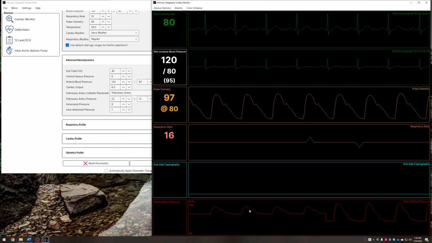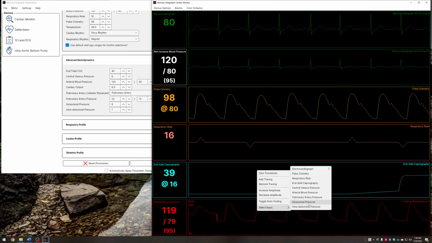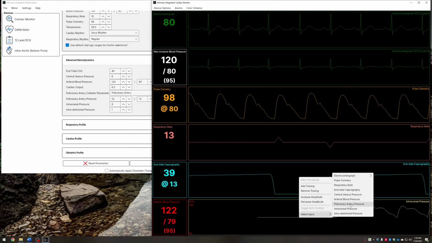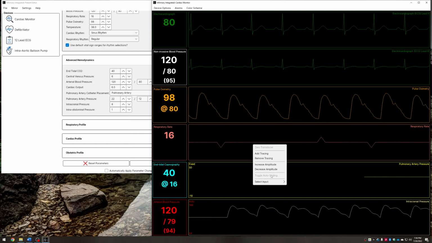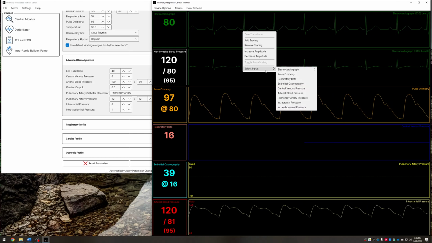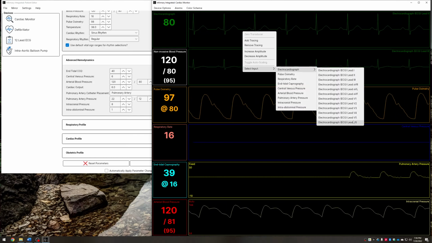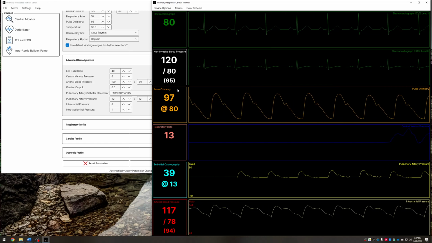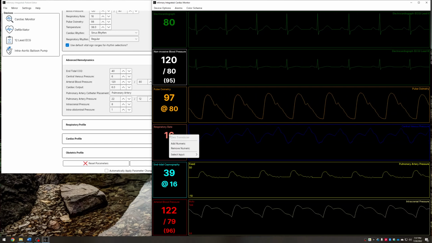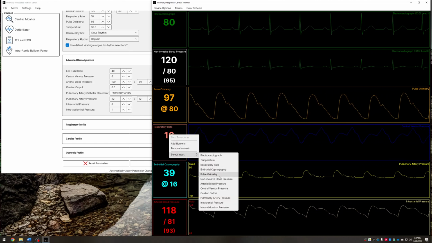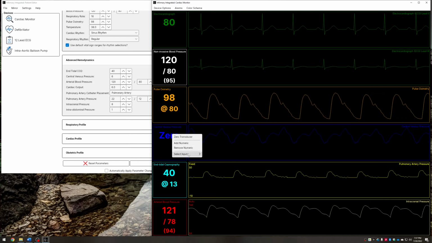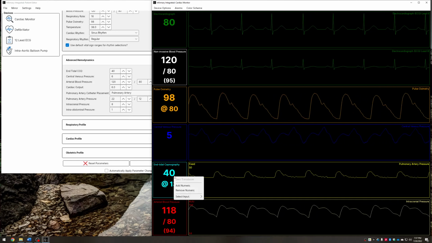But there are tracings for intracranial pressure and pulmonary artery pressure and intra-abdominal pressure. We do have central venous pressure as well, and we can select all 12 EKG, or yes, 12 lead EKGs, but we'll go over the 12 lead EKG in just a minute. So I did just want to point out that we are able to set up very much like a cardiac surgical ICU or a cardiac ICU. We can set up all the different cardiac parameters,